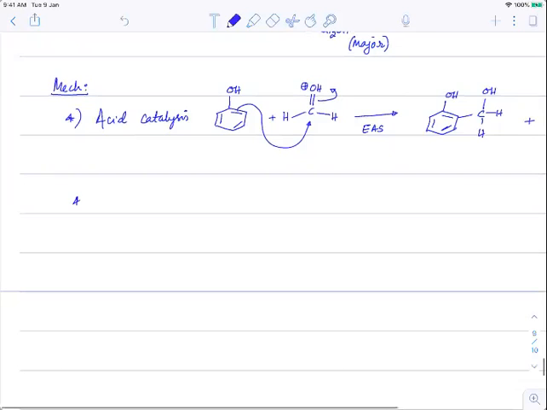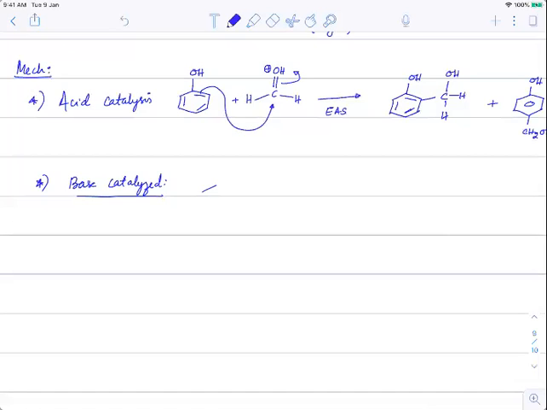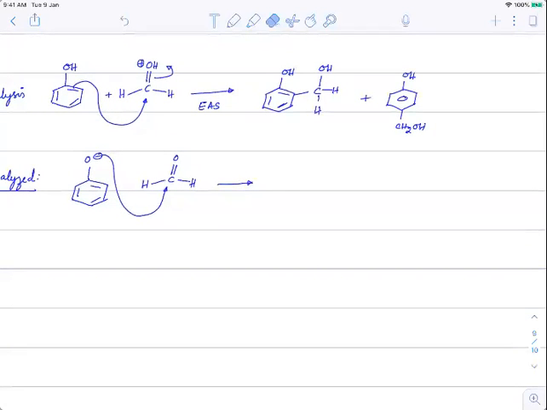Acid catalyzed. If you see base catalyzed, in case of base catalyzed, how does it happen? Base catalyzed, the ring will get activated. Remember, अभी तक हम लोग यही करते आ रहे, base होते ही ring बहुत ज़्यादा activate हो जाता है. So even though formaldehyde does not have any charge now, ring इतना activated है कि इतना weak electrophile को भी attract कर जाता है. Sorry, not from oxygen end, from carbon end.